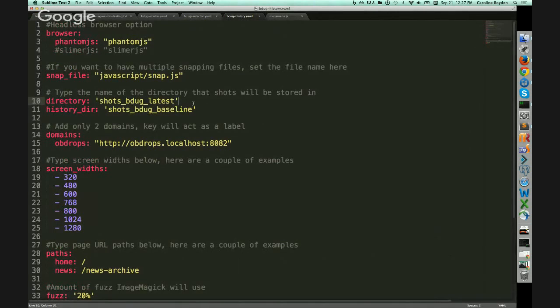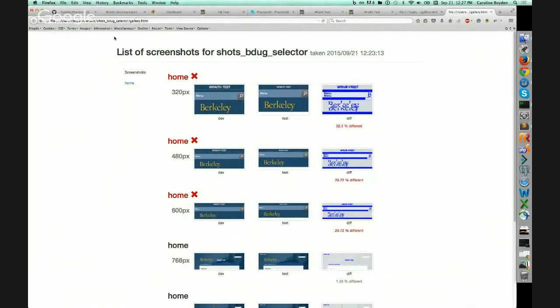The differences in configuration is I have to give it two directories. I have to give it a directory to store the baseline, and that's the history directory, and then my regular directory where the comparisons are saved. And I only give it one domain. It's not comparing two domains, it's comparing one domain against the other. And so what I have to demonstrate this now is I have a local site